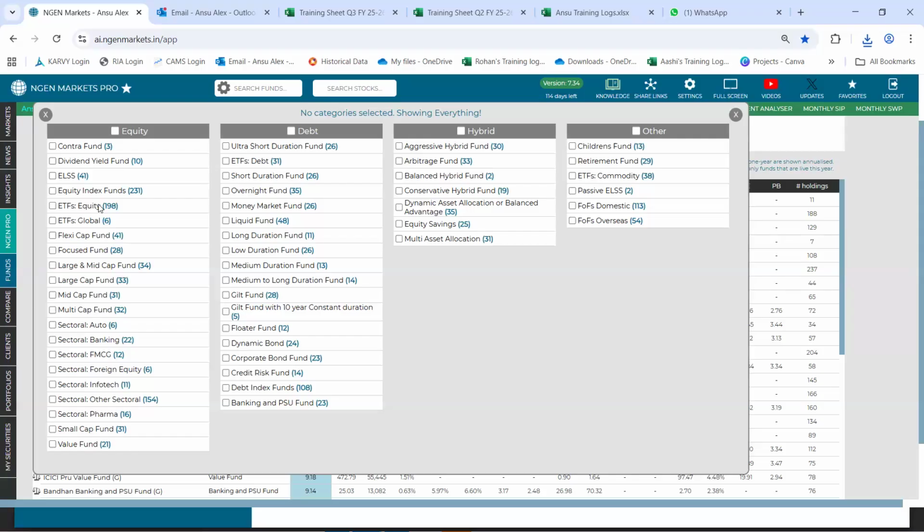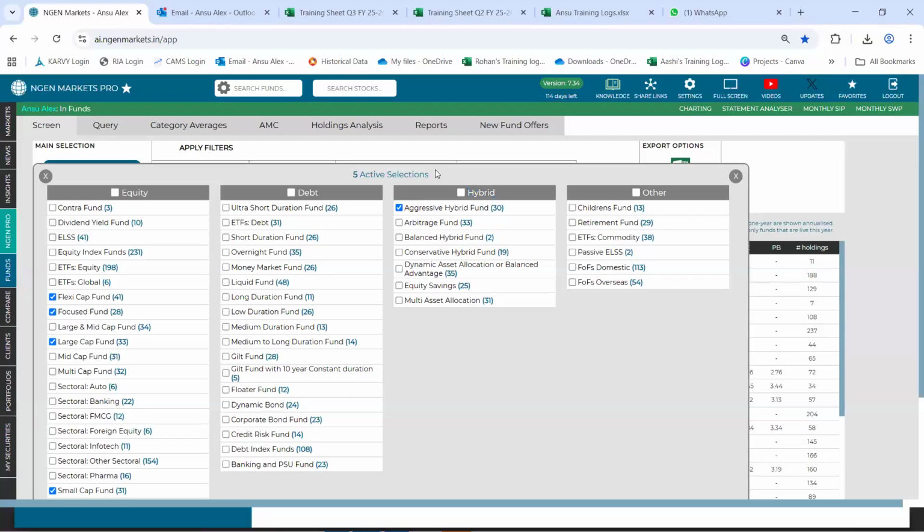Now, out of these, you could select multiple categories at the same time. So let's say for my portfolio, I would be selecting in total five categories, starting off with focused, followed by, let's say I take a flexi cap, then I go forward with a large cap and a small cap. I would also be adding in category of hybrid. Let's say I'll select aggressive hybrid. I do not want too much allocation into debt. Hence, I take an aggressive hybrid portfolio out of this.